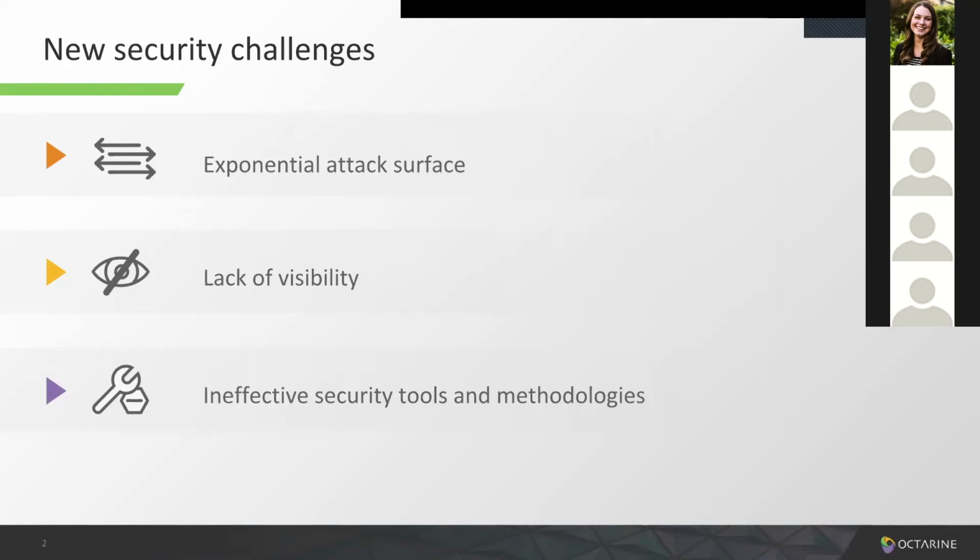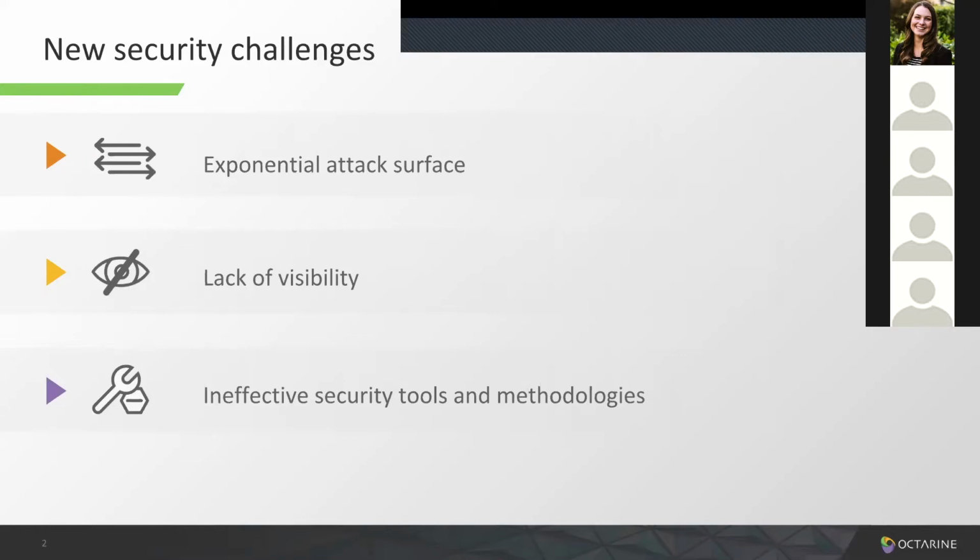Even worse, when we're talking about HTTPS, we don't have any visibility as to what the payloads are, what the endpoints are that are being accessed. We have really very little visibility as to what's actually going on.